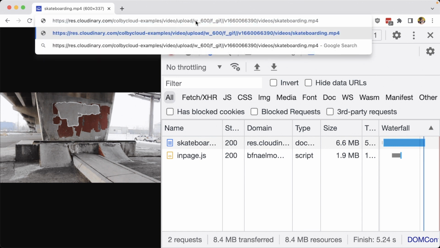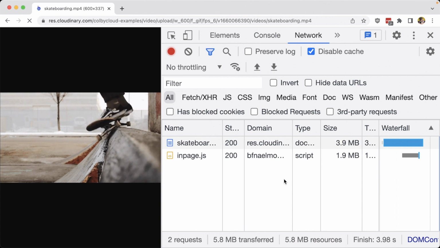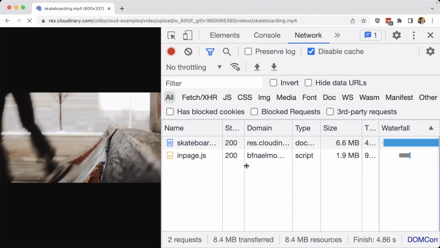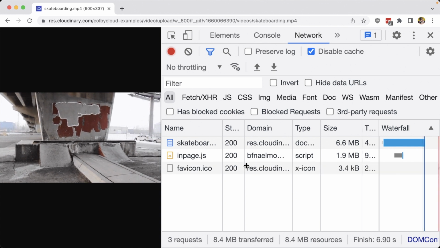So what we can additionally do is add fps, or frames per second, where we can specify the value we want, such as maybe 6, which makes things a little bit choppy, but we can see we brought it down to 3.9 megabytes. But instead of messing with the frames, we can also just change the format to a more